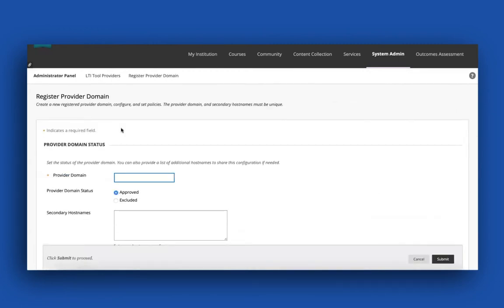Now here, I'm going to enter a provider domain, and I want to let you know that Visible Body has provided a very robust support article with all of these steps filled out and all of the information listed. So we're going to just go through the article and fill this in together, and you'll see me reference the article from time to time. So here we are. We're going to add courseware.visiblebody.com to this. So first, in the provider domain, we're going to enter